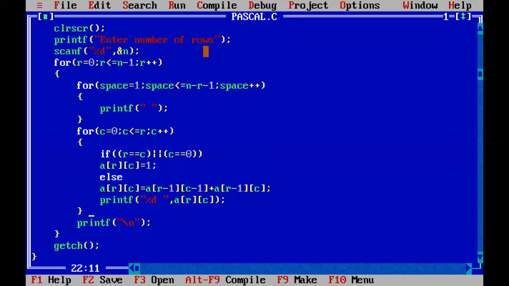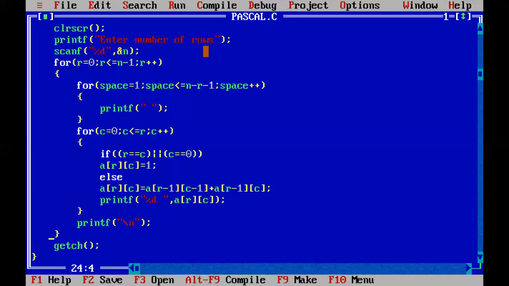Finally, you need to print the second row. After printing every row, you have to go to the next row. The next row is always printed in a new line. That means you have to give the printf statement for printing the new line character. So I am giving printf of \n. \n is the escape sequence for printing the new line character. Now run these for loops for the number of rows given, from 0 up to n minus 1. When the row index is equal to n, this condition will become false. Then the program will come outside the for loop. Now your entire logic is over.